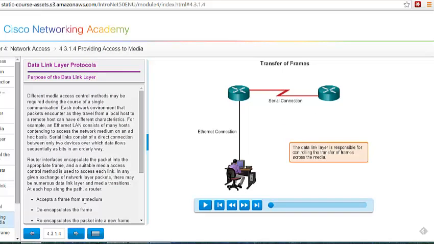Different media access control methods may be required during the course of a single communication, and each network environment that packets encounter as they travel from a local host, here's our local host, to a remote host can have different characteristics. For example, the LAN consists of many hosts connecting to access the network medium on an ad hoc basis. Several links consist of a direct connection between only two devices, over which data flows sequentially as bits in an orderly